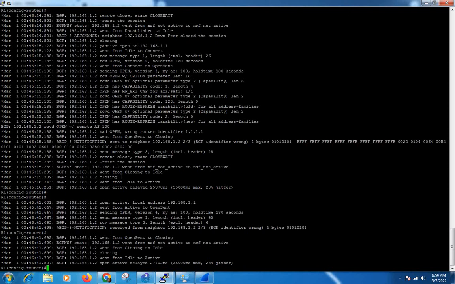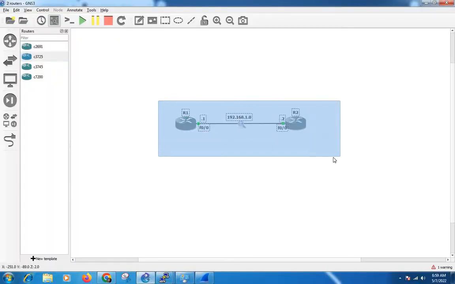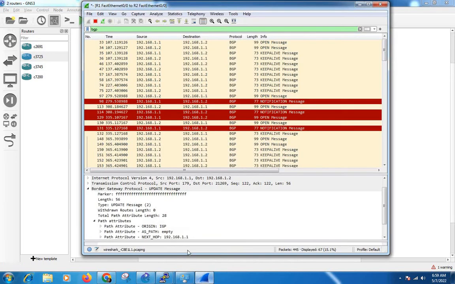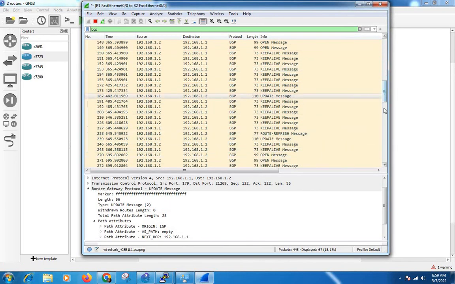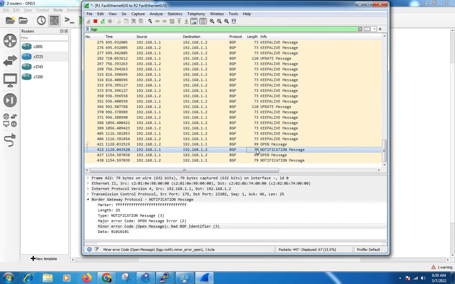Because of the same router ID, they are not accepting it. Both routers have the same router ID, so we receive a notification message with bad identifier. Identifier means router ID. They are giving an error; notification means error. Okay, you got my point?